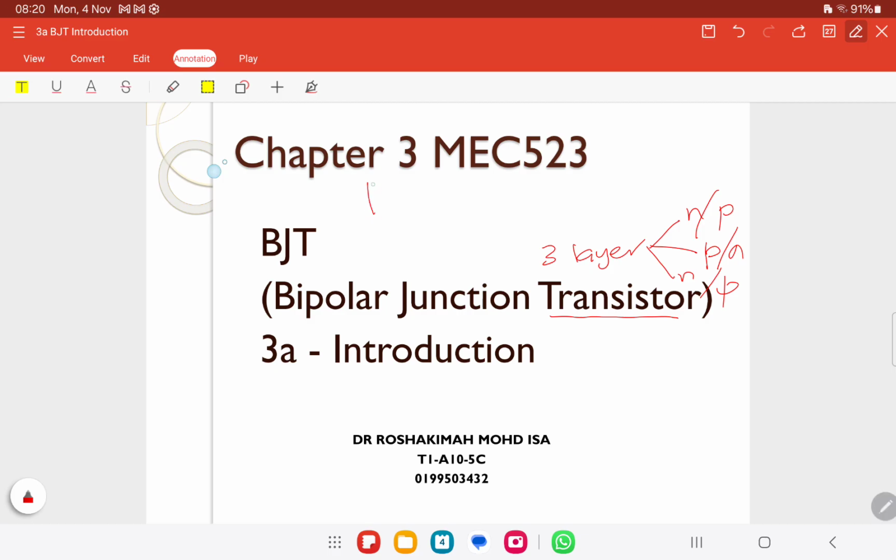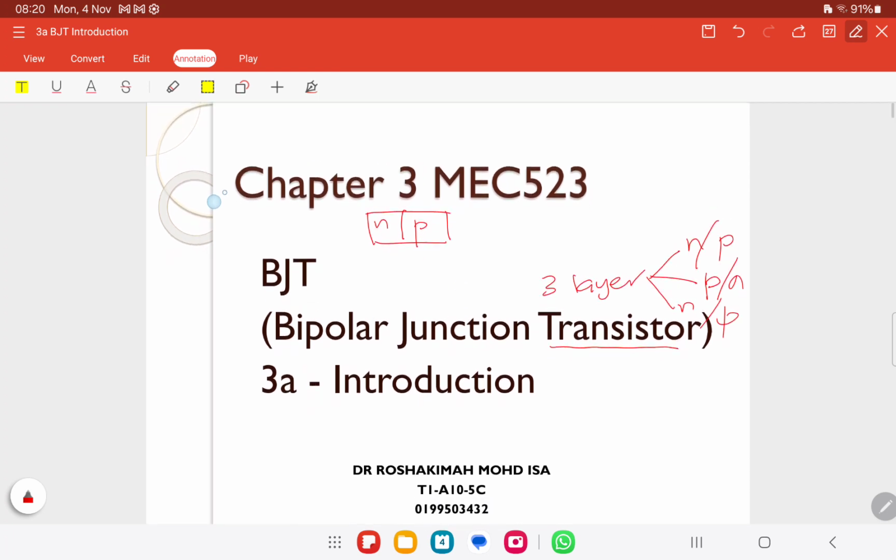Diode. So for the diode, we have how many layer? 2. Let's say N and P. That one is diode. Okay. Diode simbol dia macam mana? This one kan positive, negative. Okay. For the transistor, it is 3 layer. It's like sandwich. We add on another 1 layer into the diode. Okay, into the semiconductor diode. So it will become